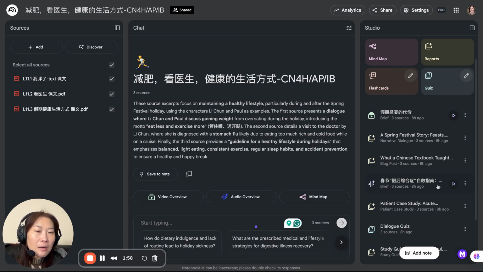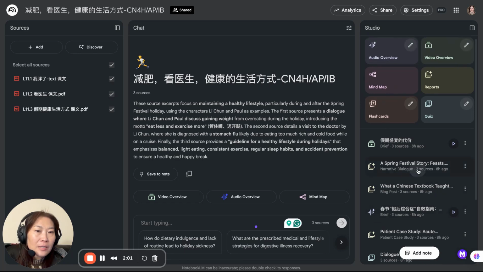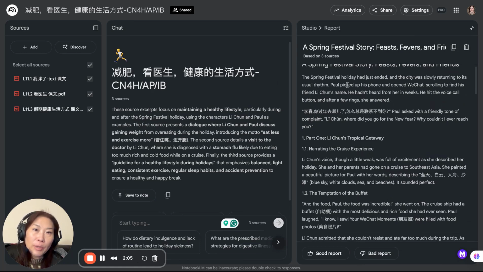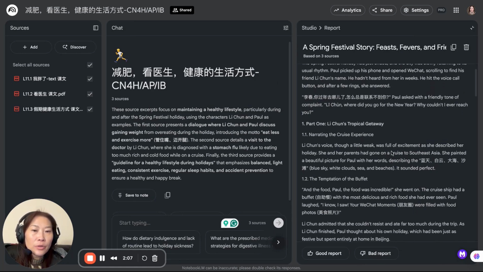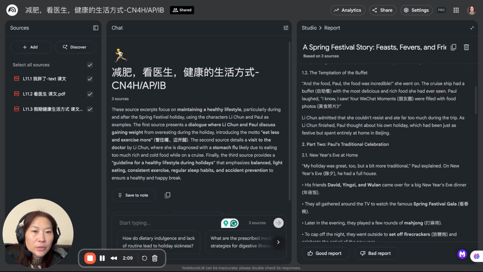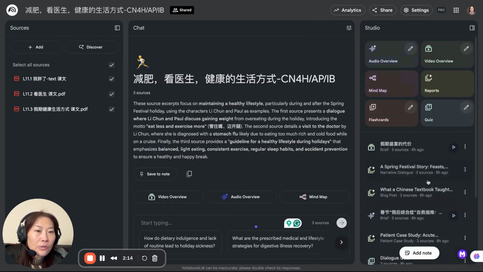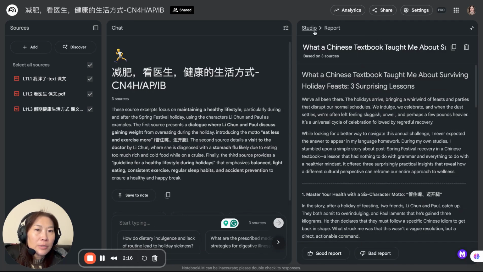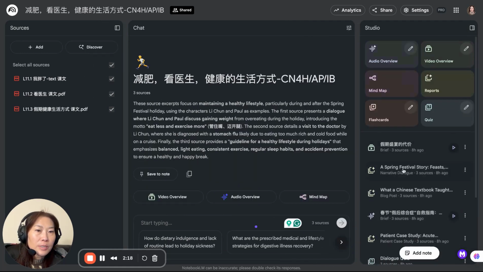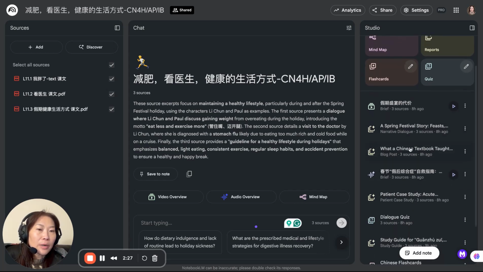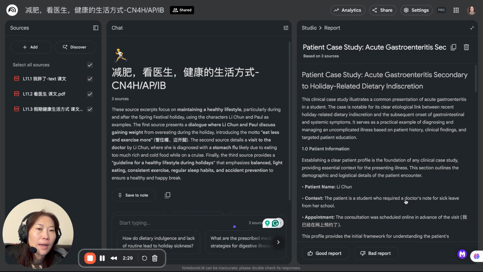All right, and then you will have this resource giving you a study guide, a report about what this unit is all about. Briefly read it and see whether that matches your understanding. And also there is, that was the report. 对不起. Oh, this is a blog post and that's the report. All right. And then you can also have